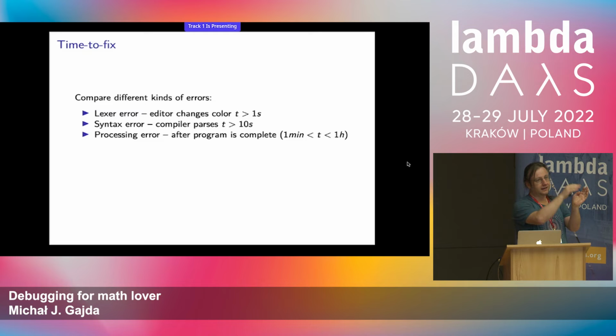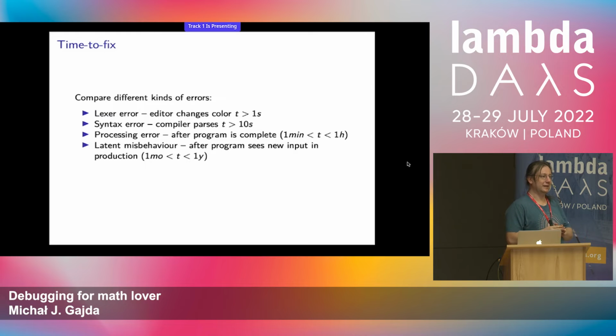So you code, the program is compiled and processes it, and then you compare the difference from what you want. If comparing the difference takes hours, and in some cases it takes weeks to just compare the difference between intended and expected output, that will increase the time to complete the cycle. And sometimes, if you have latent misbehavior of the program, that's very, very difficult to fix, because you may wait 1 month or 1 year, or forget that you wrote the program, and somebody comes to you and tells you,